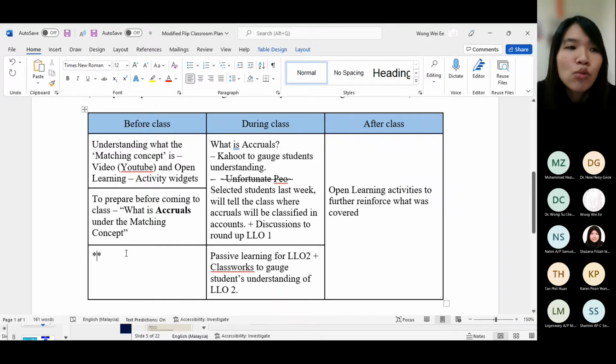You can actually track who finished watching the video, who watched halfway and then stopped, and you can also check their answers to make sure that they really watched it and answered the question. Some students just skip the video, from minute 1 to minute 2, that kind of thing. You can also set it so that students cannot skip from the front until the end. That's a good point about Edpuzzle.